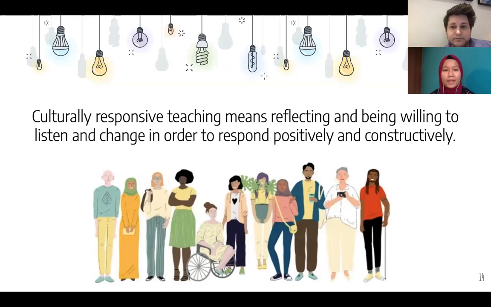I think especially when we international teachers go into a new culture and we have all these preconceived notions, to be able to open up ourselves to learning so that we'll be able to give our students the space for them to interact with each other as well as to show their authentic selves, right? And so how does the culturally responsive teaching help students? It liberates students to find their own voices.